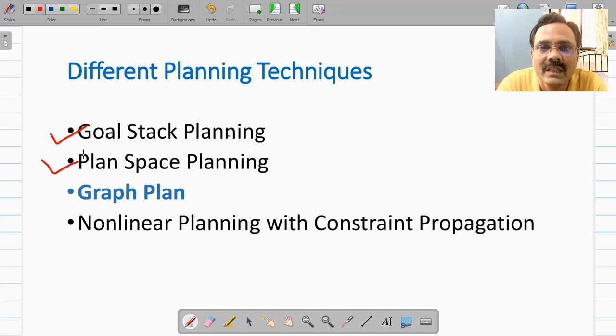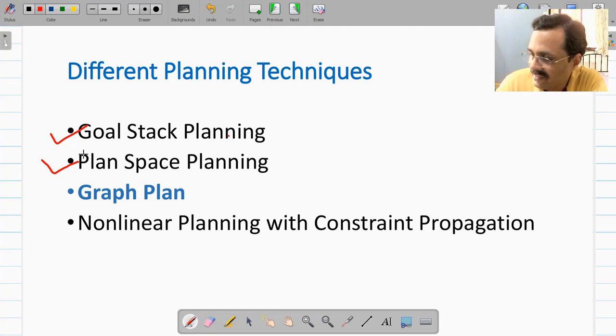Flaws are of two types: open preconditions or open goals, or threats. If we try to satisfy all the preconditions which are not satisfied, that's how the open precondition or open goals problem can be solved. Threats can be solved by incorporating promotion and demotion. Thus we saw that plan space planning is sound and complete.